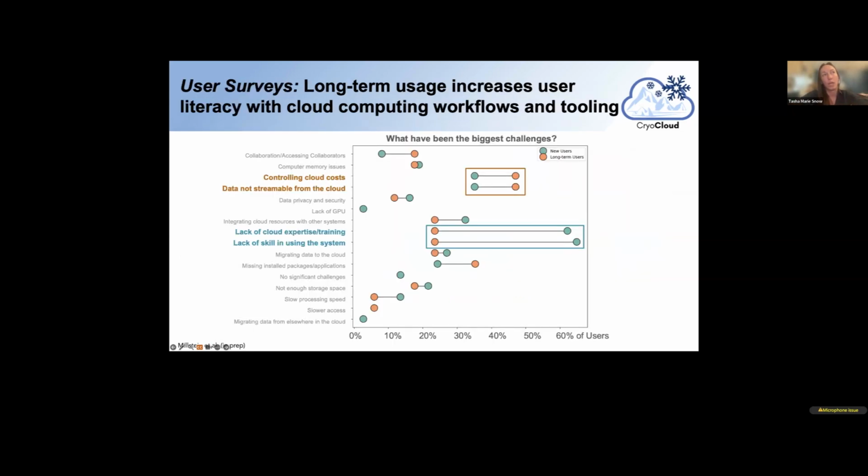So on top of that, I said we had user surveys, and I'm only going to give you a few nuggets of what we got from that. I have slides at the back of this slide deck that you can look at if you want to see more of our findings. One of the key findings was that long-term usage increases user literacy with cloud